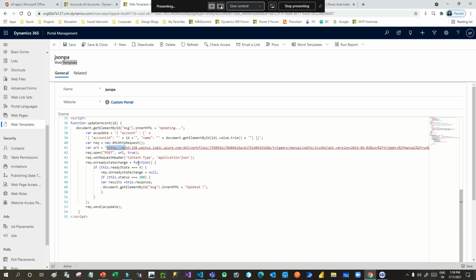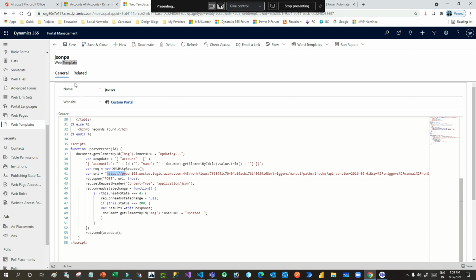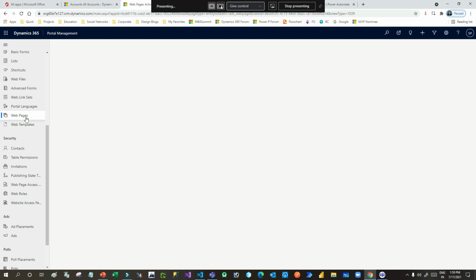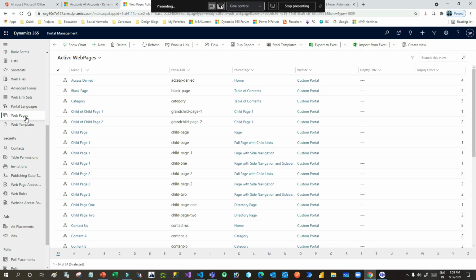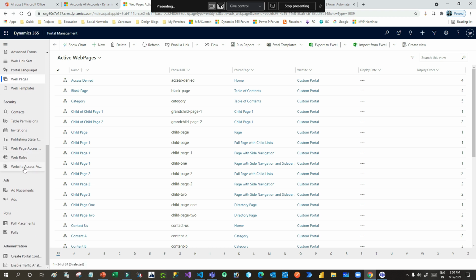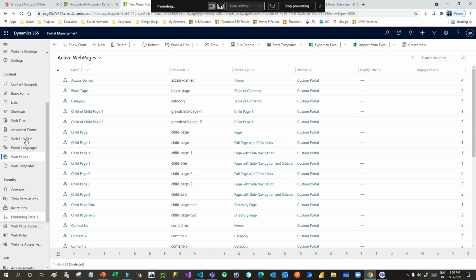And whatever I have done in that Power Automate will work in the background. Now this is my web template, right? And to use this web template, I have used a page template, and that page template is called by a web page. In Power Portal, we have the web page, web template, and page template concepts, right? If you go to the page template, I am calling that web template from the page template.